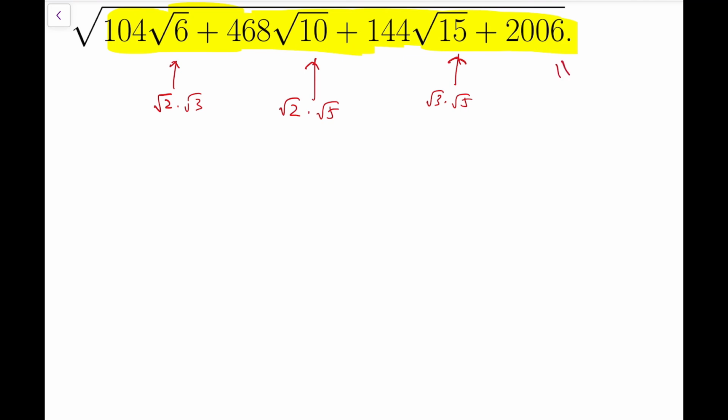So it's a legit guess that this expression, the number in yellow, is the square of some number times root 2, some number times root 3, plus some number times root 5. In other words, it should be a linear combination of root 2, root 3, and root 5. Because when we look at the square of this expression,